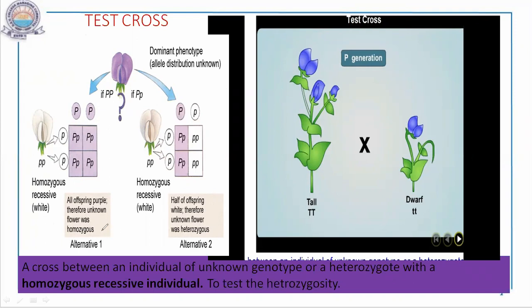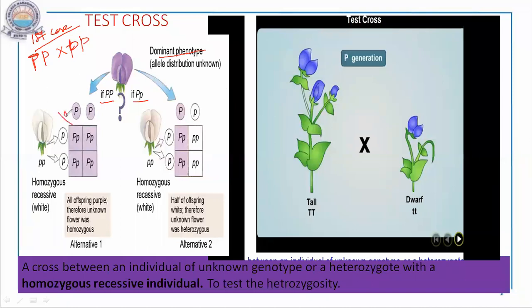So let us assume first, we know we have the dominant phenotype. So from that we can assume I can have capital P, capital P for purple, or capital P, small p. So what I shall do now, I have to do the test cross. Suppose I have taken the first case. I will cross capital P, capital P, which is also dominant phenotype, with a recessive parent. Recessive parent means small p, small p. So you can see here the cross is done over here.